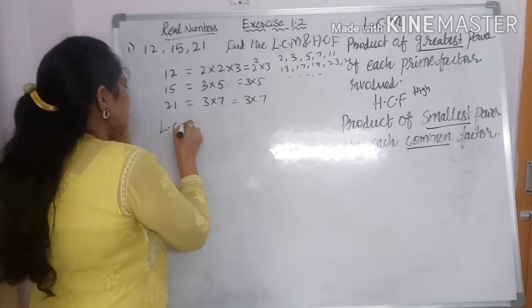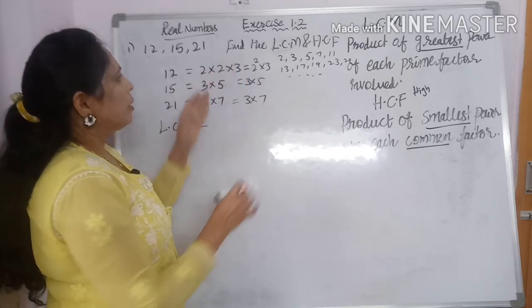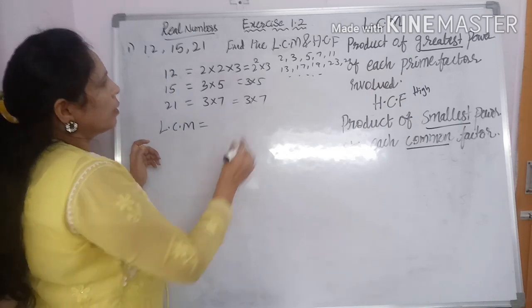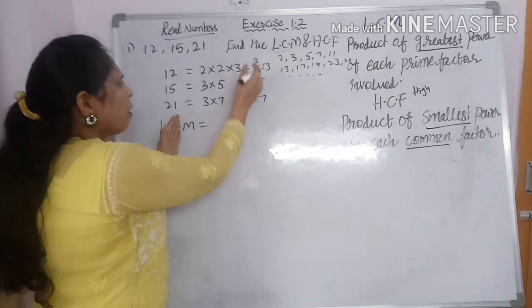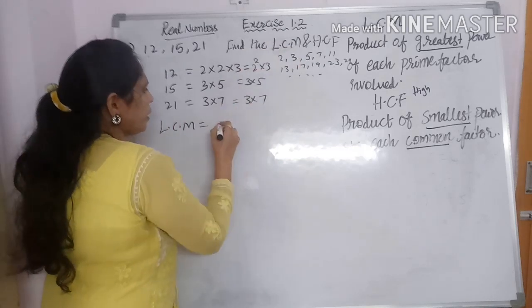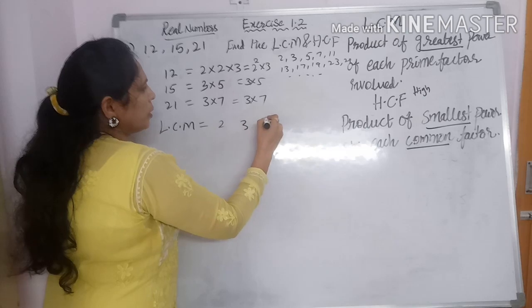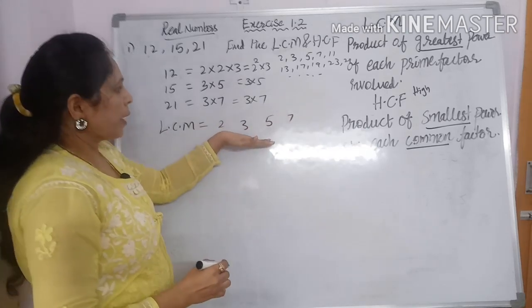Now for LCM, how can we take the product of the greatest power of each prime factor in value? Write all prime factors. What are their prime factors? 2, 3, 5, 7. These are the prime factors of